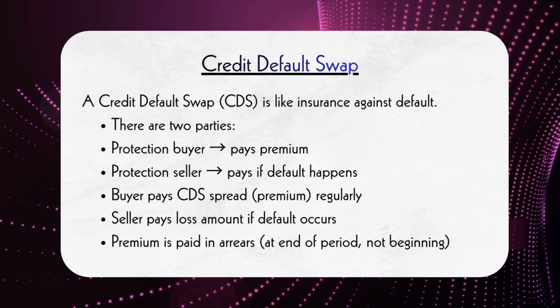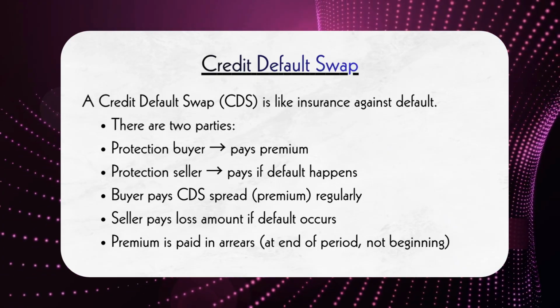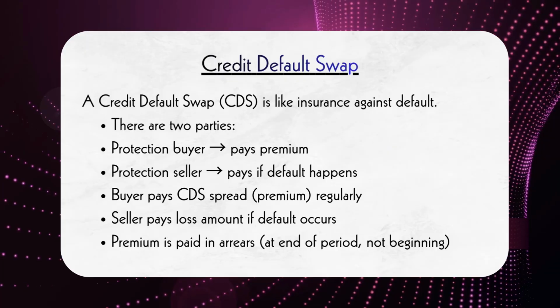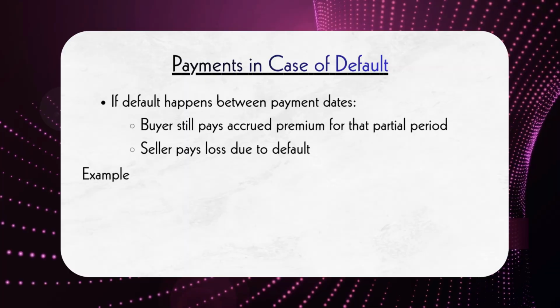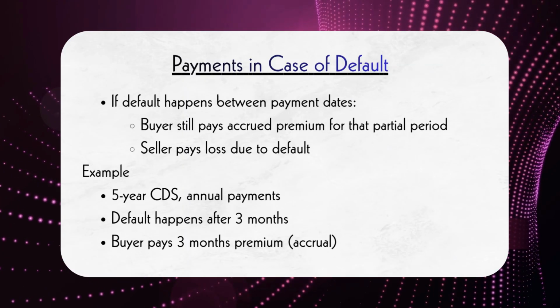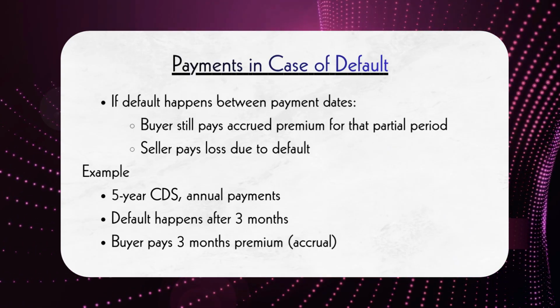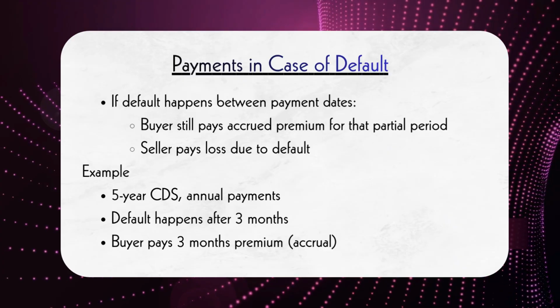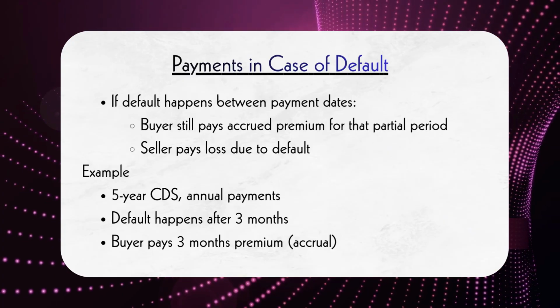Now, these premium payments are not made at the beginning of each period like traditional insurance. Instead, they are paid at the end of the period, which is called paying in arrears. And here is something very important. If default happens in between payment dates, you still have to pay the premium for the time that has passed since the last payment. This is called accrued premium. For example, if payments are annual and default happens after 3 months, you will still pay 3 months' worth of